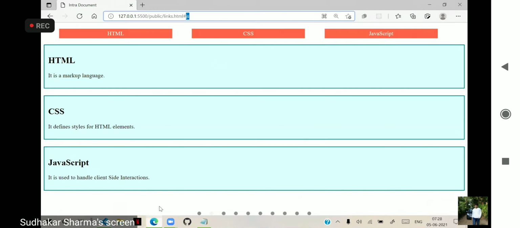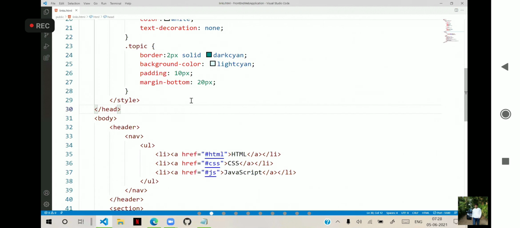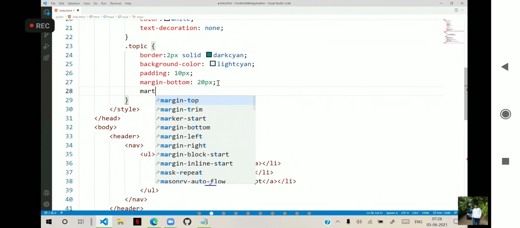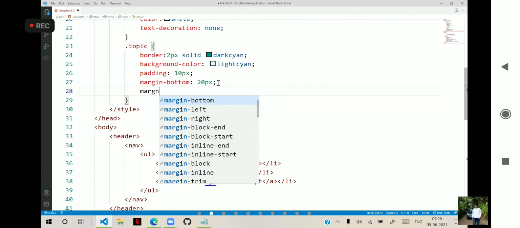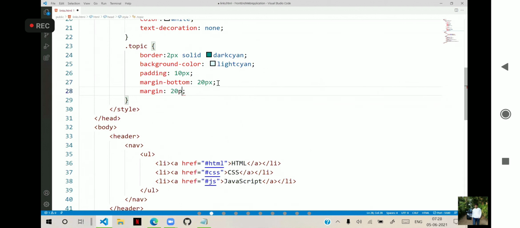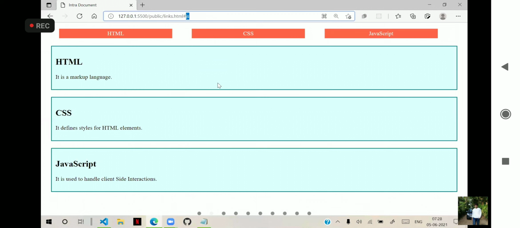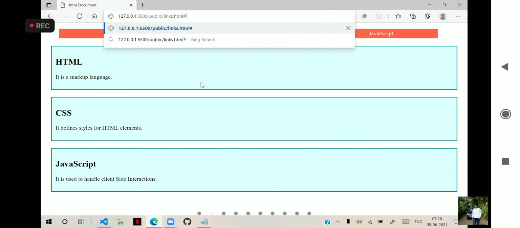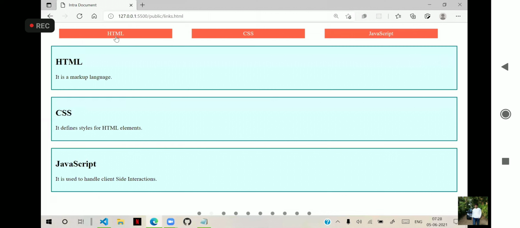It will be like this now. We have HTML, we have CSS, we have JavaScript. These topics are there. So 20 pixel margin will come in all directions. Now what happens is when I click on any topic, it is unable to scroll.